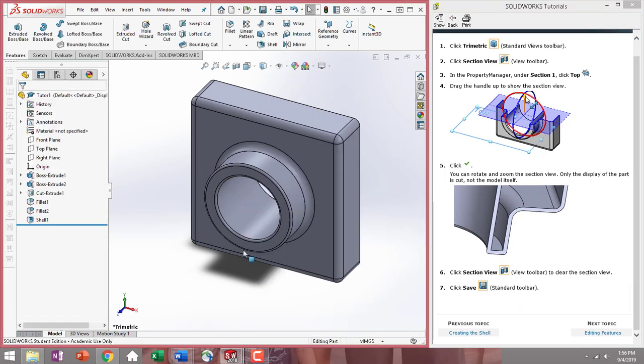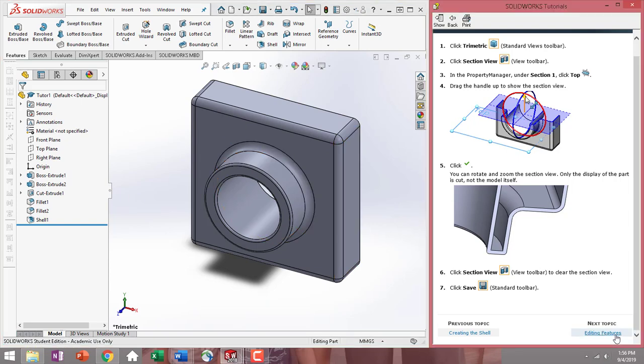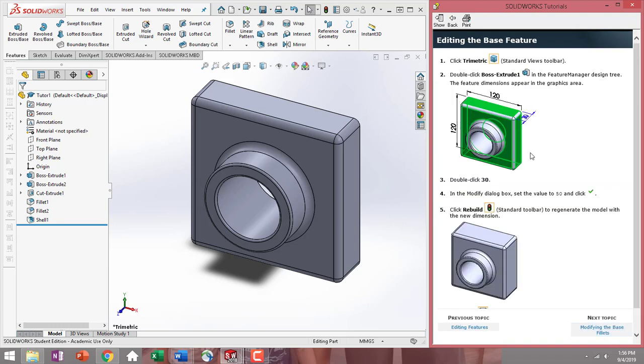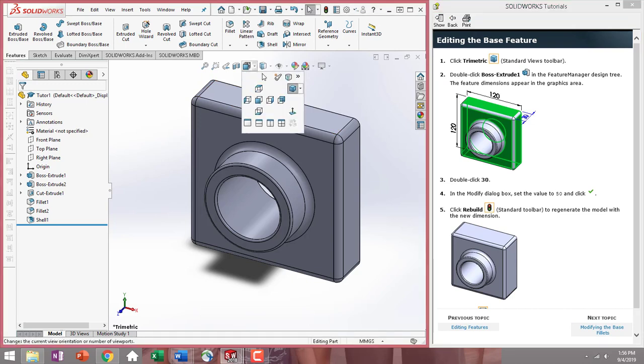So I'm just going to hit exit so we have our main part. This is what you need to have saved for your tutorial. We can also edit our features, so you can increase the depth of the model, modify the edge fillets, and recreate the face fillets. So once again, it wants us to select the trimetric